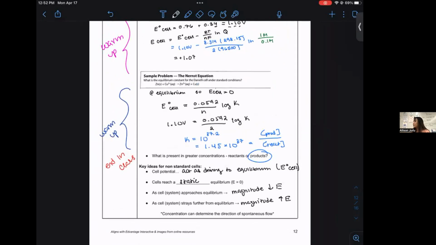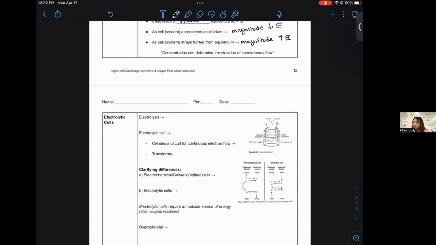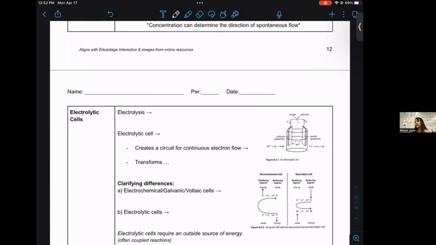And now all we have to talk about is, okay, what if you don't have a spontaneous redox for your battery? What if you have a redox that's super unfavorable? Your oxidation is higher than your reduction. We call that an electrolytic cell. An electrolytic cell is the exact opposite of a spontaneously driven redox reaction. It's an unfavorable redox that you build a battery off of. So electrolysis